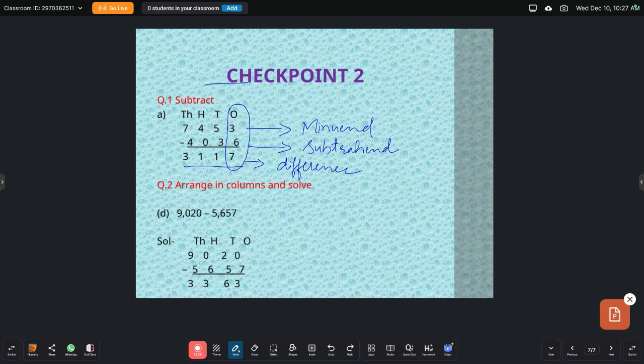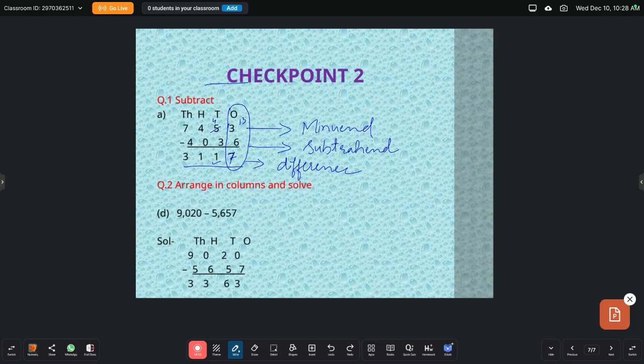I have already told you that the minuend is the larger number. It is larger than the subtrahend, is it? So here we have minuend only 3 and subtrahend is 6. So what we have to do? We have to borrow from the next column. This 5 will give 1 to this 3 and this 5 remains only 4. This 3 becomes 13. Now 13 minus 6. When we subtract 6 from 13, our result is 7. The answer is 7. Now here 4 minus 3 is 1.